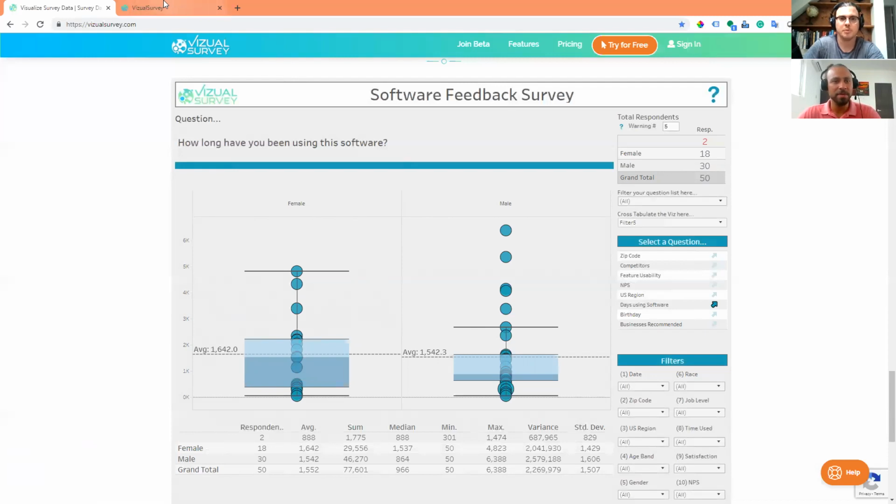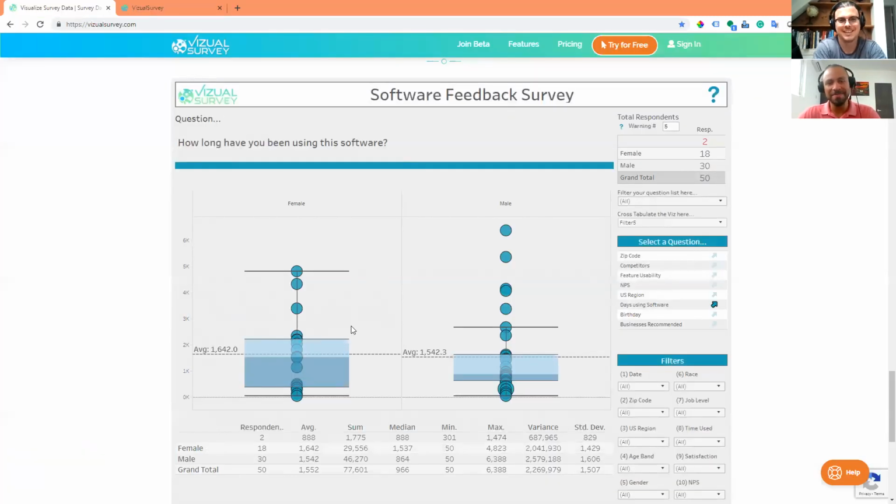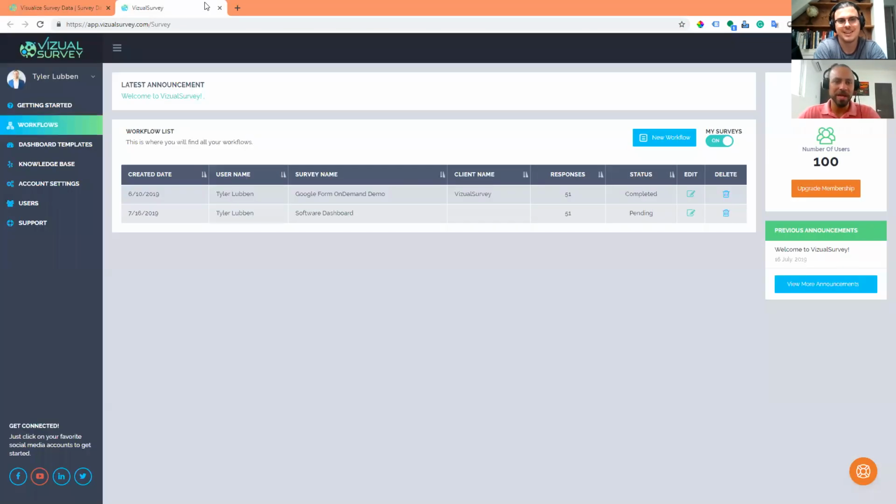So, yeah, and sorry, I didn't actually get to the interface. That's going to be the final dashboard here, right? So the dashboard is looking pretty polished. The actual interface itself is what's important, because that's what the end user and you are going to see. But in order to actually get to that dashboard, you have to run it through the Visual Survey software. So the entire process is you go in,